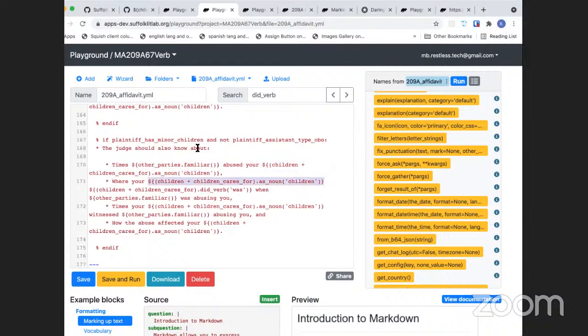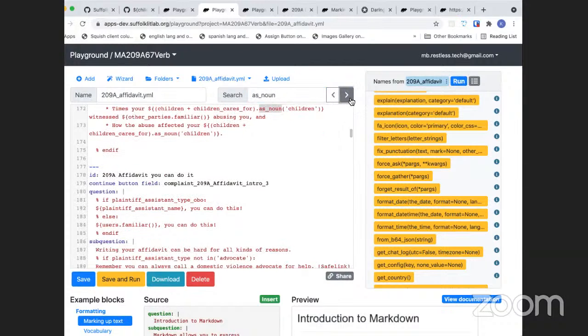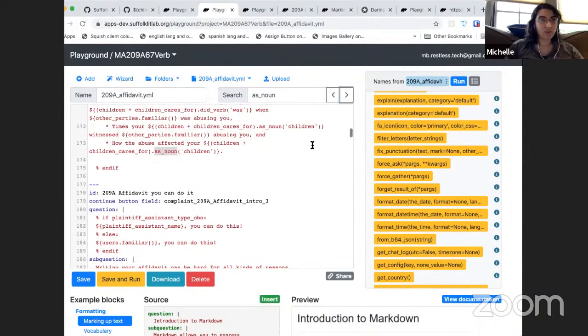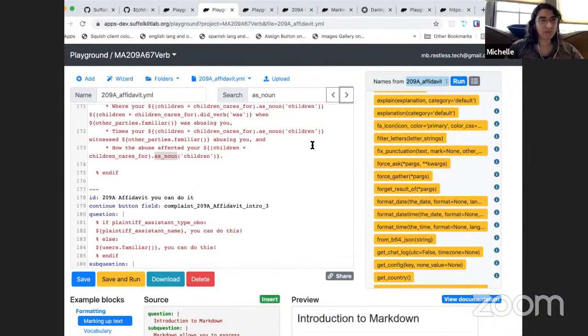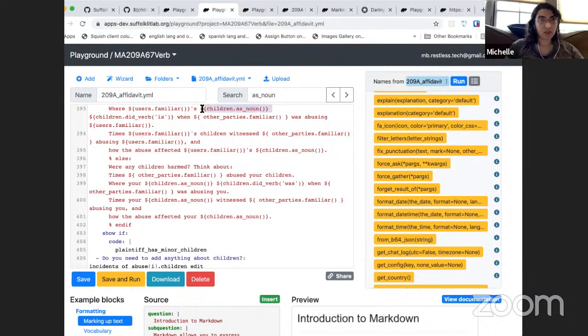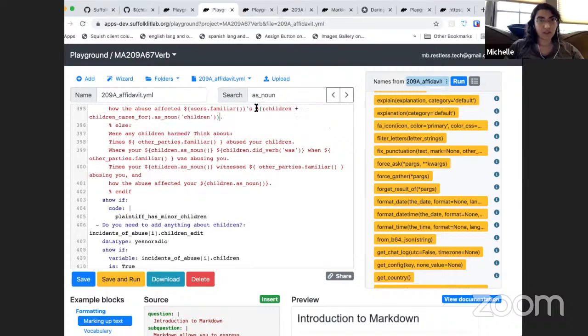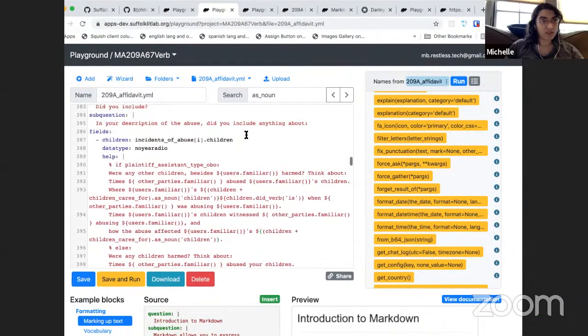That's fair. The only thing I was able to read up is you need 4 spaces, I think. I don't know if 2 works. We tried 4 before, and it made code. So you tried 4 indents. There we go. Children as noun. Children as noun. This is also supposed to be